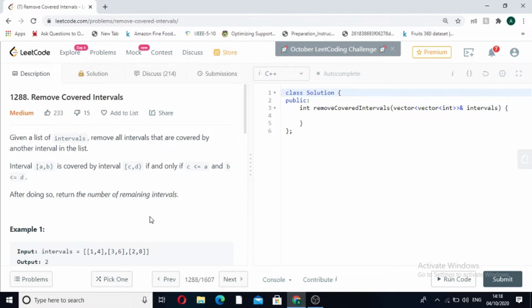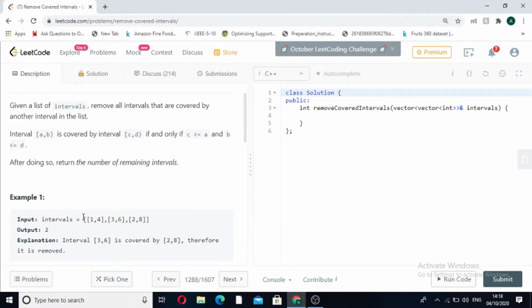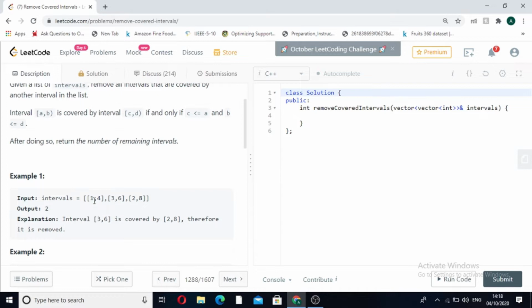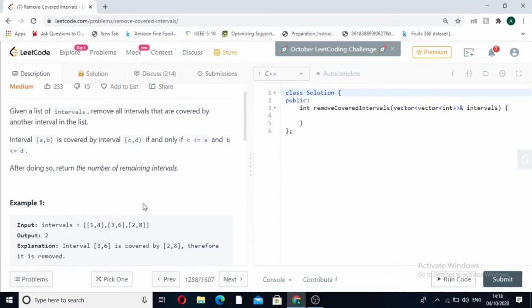So let's understand this question with an example. In this we are given a list of intervals, that is [1,4], [3,6] and [2,8]. We have to remove all the intervals that are already being covered. Let's see [1,4] and [3,6]. We can see that [1,4] and [3,6] are not getting covered, but [2,8] is also an interval, and we know that in the interval [2,8], [3,6] is also present.